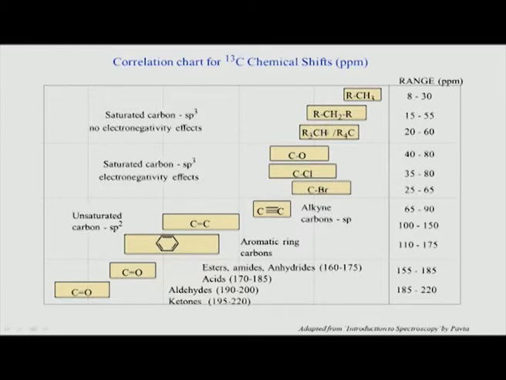Now, if you go to methine, where is methine? Methine groups basically come at 20 to 60 ppm. Methine carbons are typically observed in biomolecules such as peptides and proteins. In amino acids, remember, the alpha carbon is a methine carbon, and therefore that carbon very typically comes somewhere between 50 and 60 ppm. That is for amino acids, but the general range is about 30 to 60 ppm for methine carbons. Similarly, for quaternary aliphatic carbons, because this is an aliphatic group, the carbon can come somewhere in this ppm range.